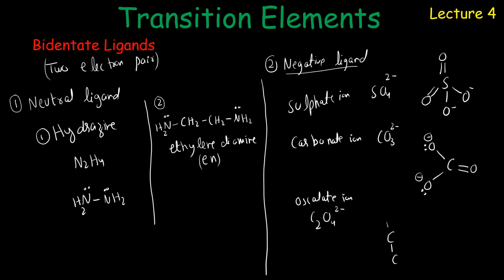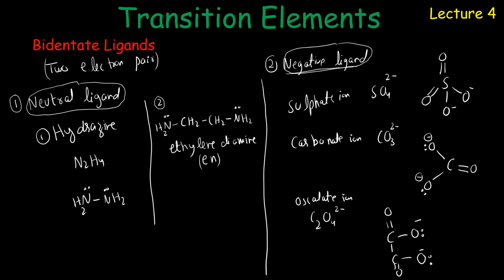There is a double bond with O as well, and this carbon has an O negative ion, and this carbon has a single bond O negative ion, so these are the lone pairs on oxygen. So oxalate also donates 2 pairs of electrons. So these are the 2 types of bidentate ligand. One of them is neutral ligand having no charge and the second is negative ligand that donates 2 electron